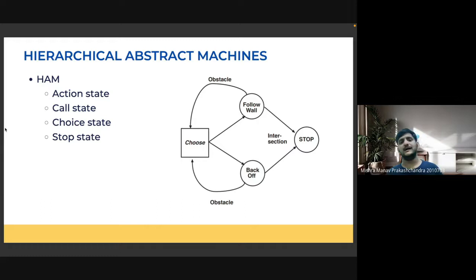So a hierarchical abstract machine consists of four different states. First is the action state.